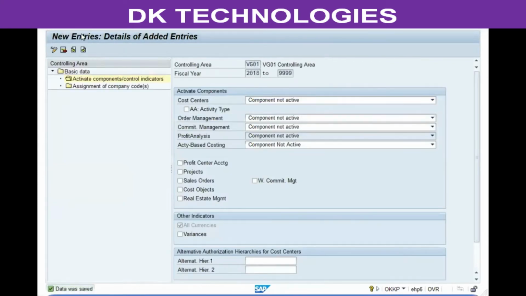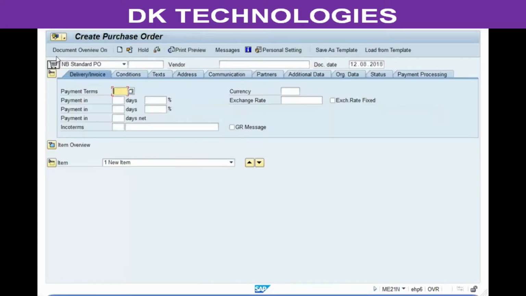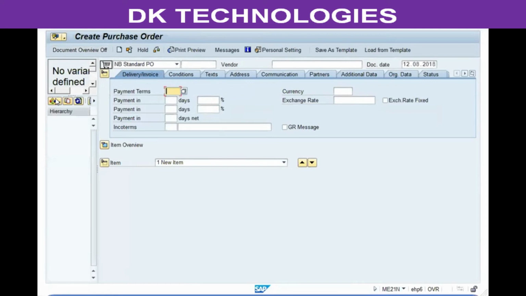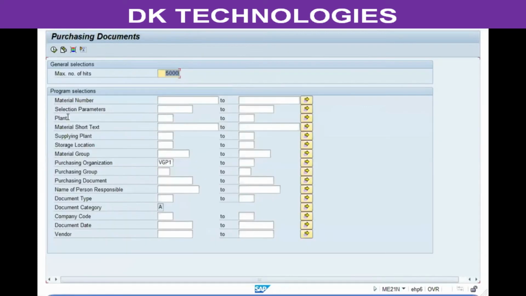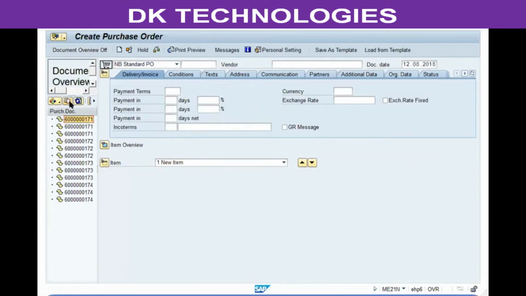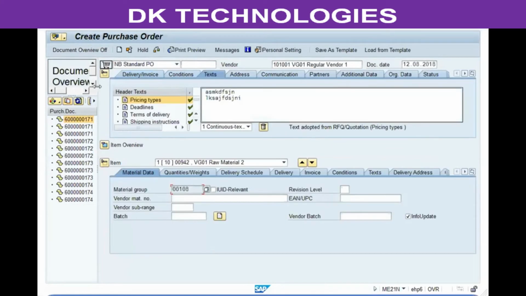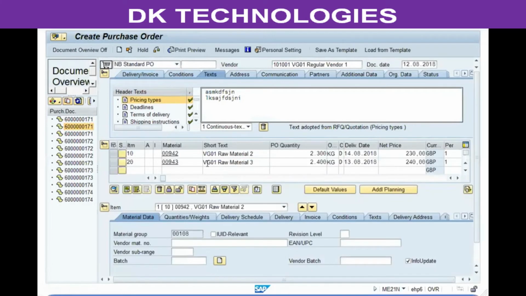Now go back to ME21N and create the document. So again, click on document overview on selection variant, RFQ, enter the criteria, click on execute, select the document, click on adopt. Once the data is copied, again select the next item, click on adopt. The second item will be automatically added, or you can also select the item, drag and drop it to the